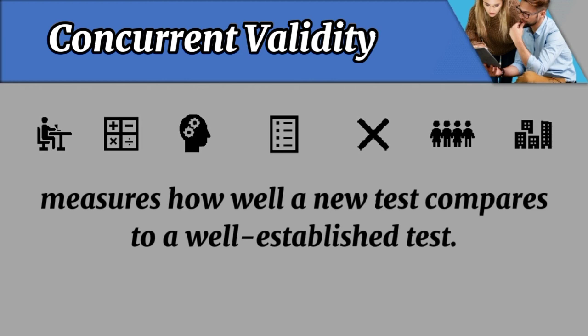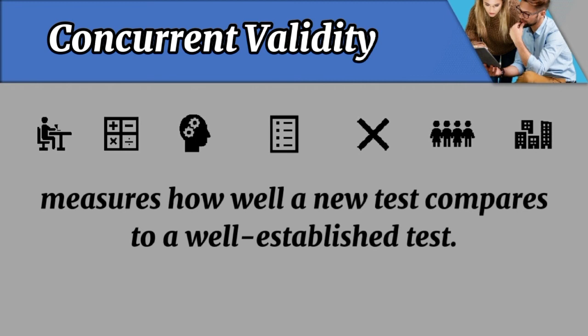It can also refer to the practice of concurrently testing two groups at the same time, or asking two different groups of people to take the same test. For example, if you create a new test for depression levels, you can compare its performance to previous depression tests, like a 42-item depression level survey that have high validity.